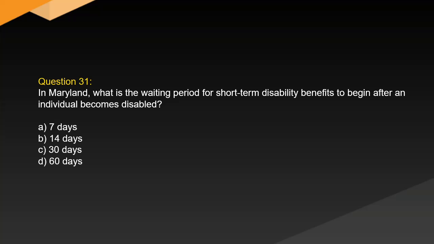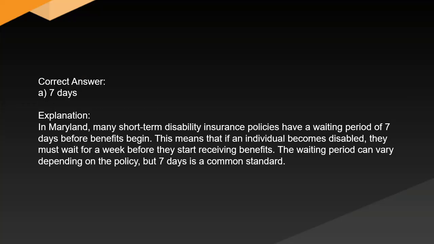becomes disabled? A. 7 days. B. 14 days. C. 30 days. D. 60 days. Correct answer: A. 7 days. Explanation: In Maryland, many short-term disability insurance policies have a waiting period of 7 days before benefits